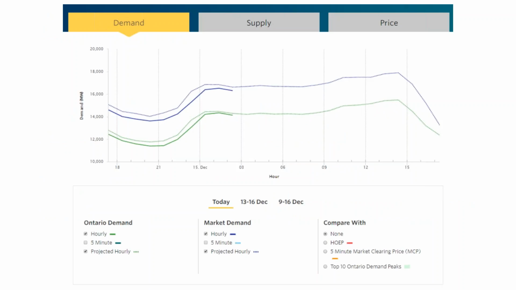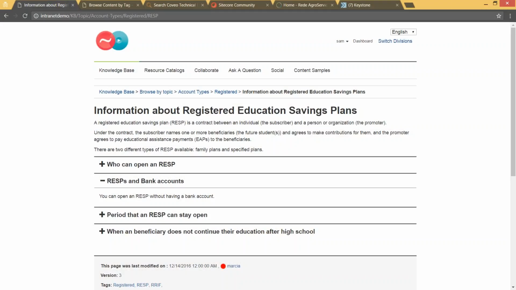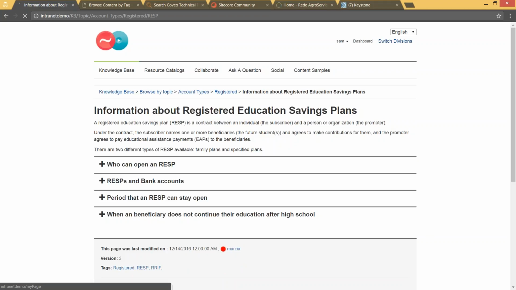Screenshot of one such example. In this case, live charting from a web service for different energy, demand, supply, and pricing, all built in Sitecore. But let me show back in the demo quickly, just the basic idea again. So Sam's dashboard,